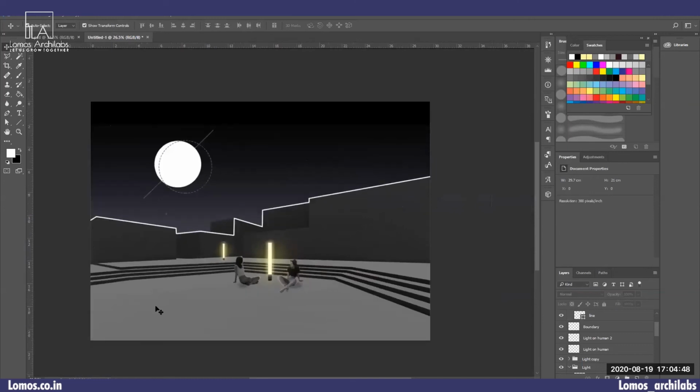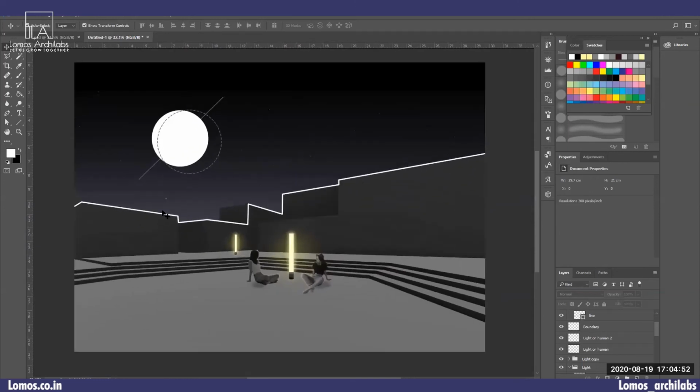Now I have enough space in the front area, so I can add trees. I have already used a PNG form of the tree and I have created a brush preset. You can refer to our previous video, and through that you can create a brush preset using any PNG. For now, over here, I want to use a tree.